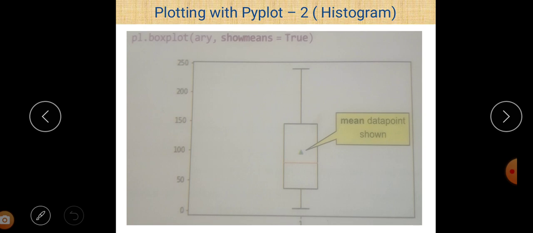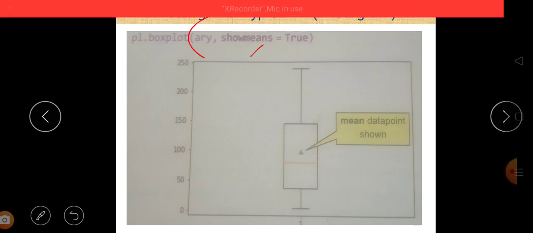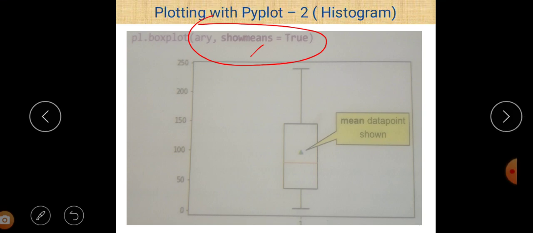Next, show mean is equal to true. If we just write show mean is equal to true, note that here only two parameter values are used, only ARY and show mean. So you can easily see that there is a point inside the box which shows the mean data point.